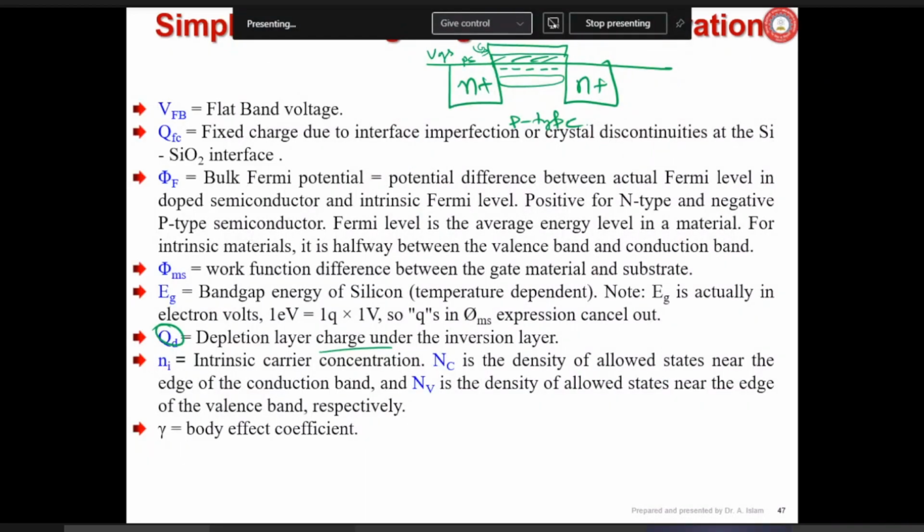Yes, you are telling from the source and drain point of view. Now I am telling about the gate voltage you have applied. Some voltage you have applied here, and because of that, the inversion layer has been formed. Due to that gate voltage or vertical electrical field, what depletion layer has occurred here under the inversion layer?